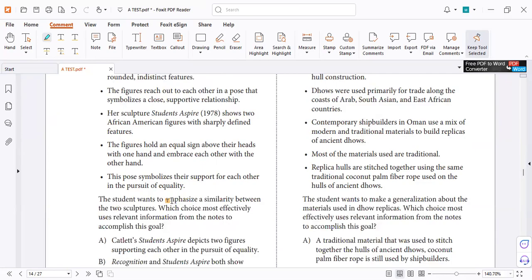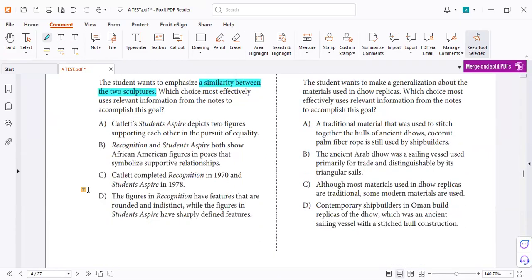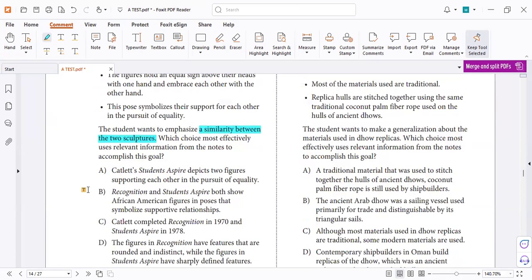Behave, because he said emphasize similarity, equal between two ideas. So what can help you for similarity? Most common in the tests, you will find the word both. If you found "while" for contrast, for dissimilarity, here we need similarity. So here he said both of them. Remember, the two sculptures. So your answer must have both of them. So both of them share the same trait,